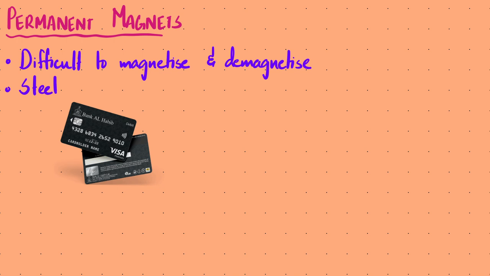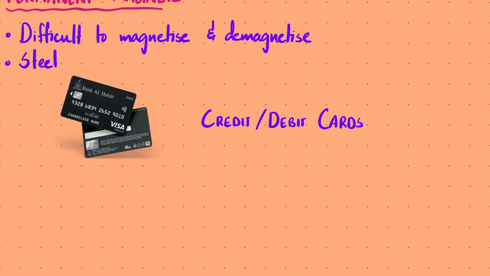And for example, whenever you have to make a purchase using a card, what you do is place the card near the card reader, and that card reader detects that changing magnetic field, and then allows a purchase to happen, right? So this is also used in credit and debit cards. Another application of permanent magnets